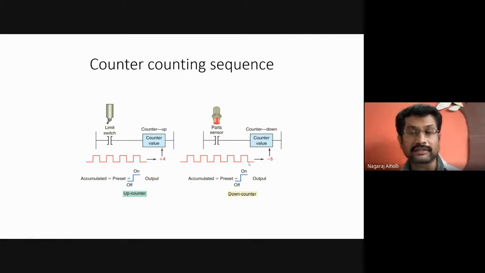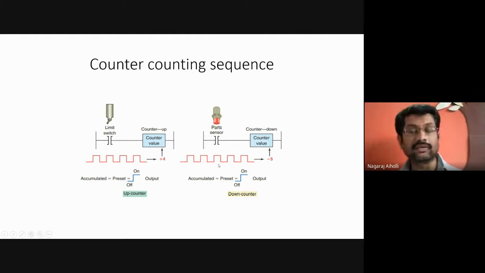Say there is the first input. You have moved the item from the first box to the second box. Then it will decrement by 1, from 10 to 9. Then the second item you moved, it will come from 9 to 8. Then the third item has been moved, 8 to 7. Like this, when it has moved 5 items, the count value has come to 5.